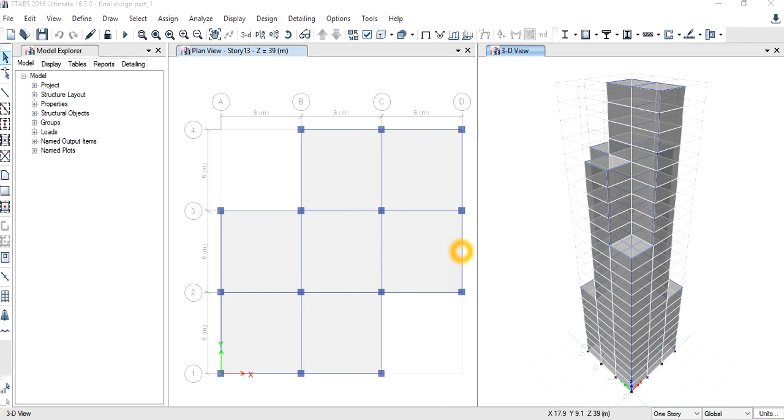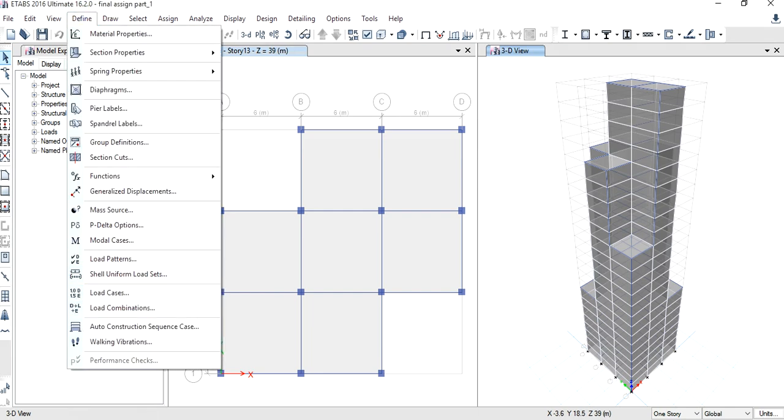Now I would be performing seismic design and do response spectrum and time history analysis. For this, I have opened the previous assignment which I had submitted. Now I would be defining the seismic load. For that, go to define, select load patterns,